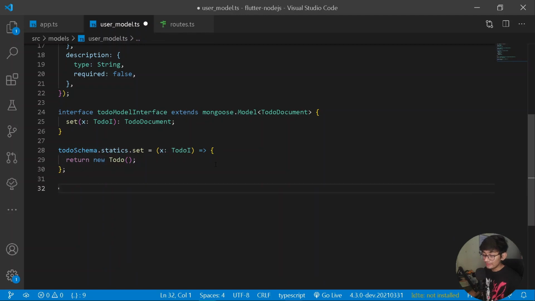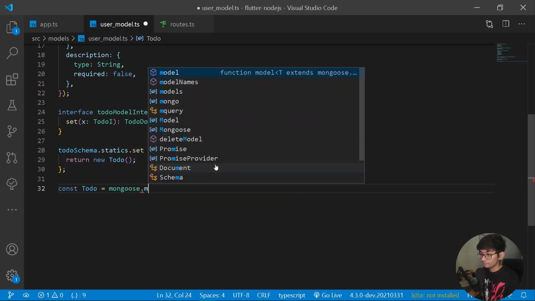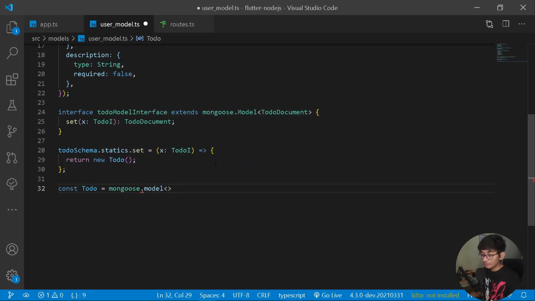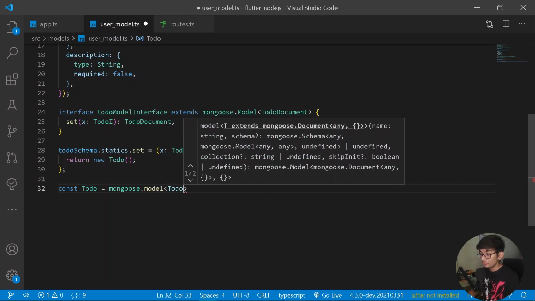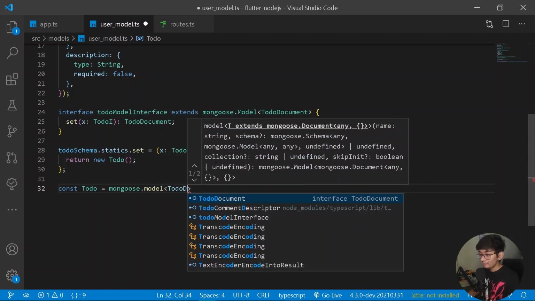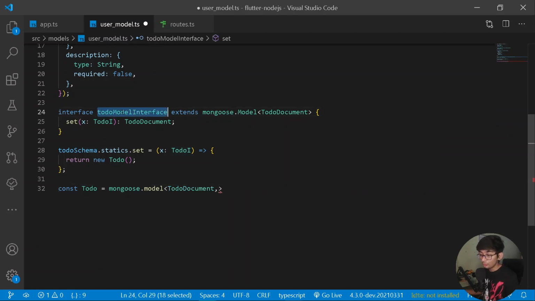After returning a new to-do, what I can really do is create a new constant known as to-do, and the following constant shall be equal to mongoose.model, and under this model it will be requiring two different arguments. First of all it will be requiring the to-do document, and after that it will be requiring the to-do model interface, which has the method of set.